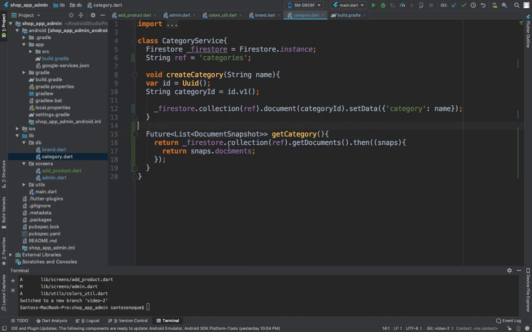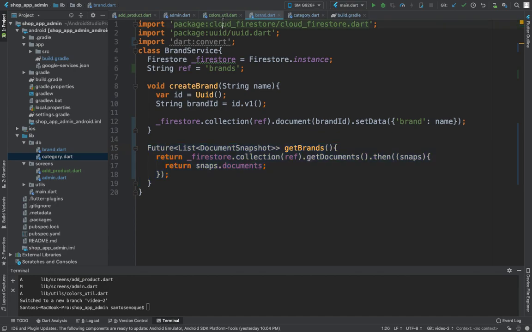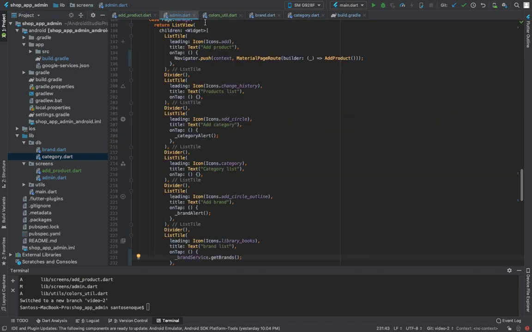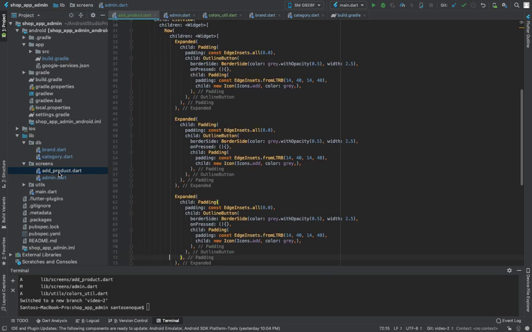Okay, again, get category. We're going to return Firestore collection ref, then we have the rest. Perfect. Now what's the goal now? And just to make sure that this is working, okay, it's working. We don't have to make sure. I don't want to waste a lot of time doing that. Oh, we did that. Now what we are going to do is open our add product page,